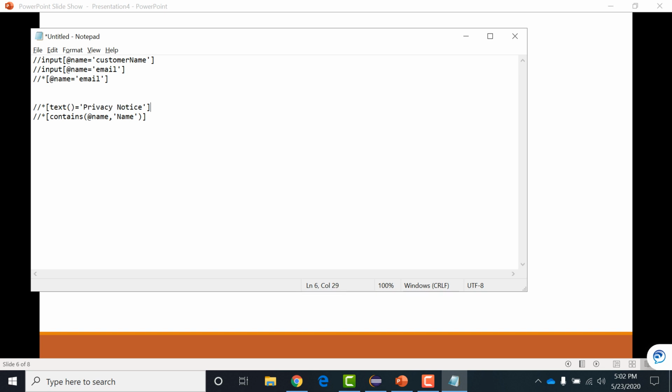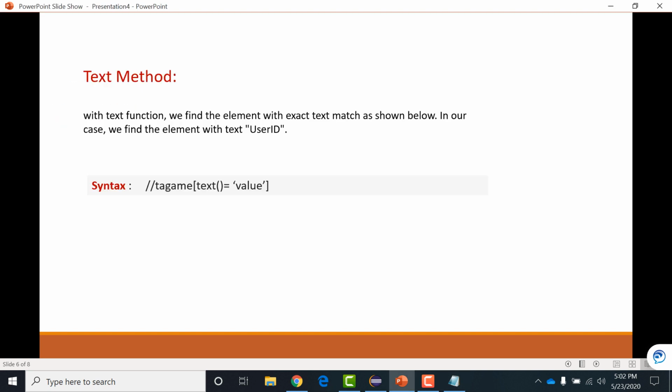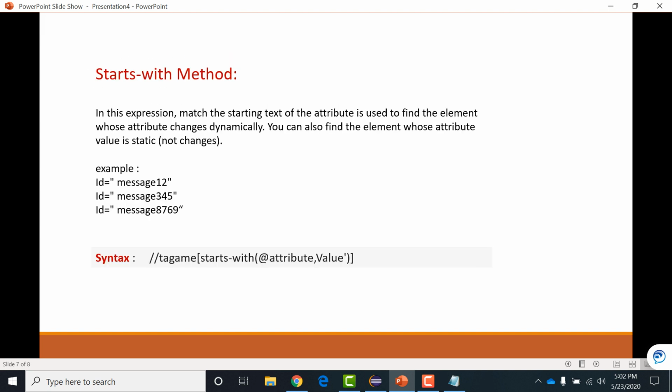Okay, guys, you have to remember the syntax. Whenever we are using the basic XPath, we are giving the tag and is equal to the particular value. But when I'm using contains, I'm not using the equal keyword. We have to use a comma in such cases. That syntax you have to remember: whenever I'm using the contains method, what should I use? In case of text, what should I use? These are the simple methods and syntax. So we have seen contains and text, and the remaining one is starts-with.